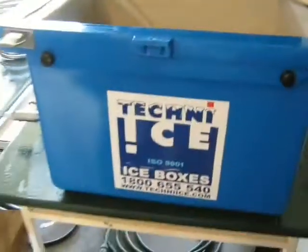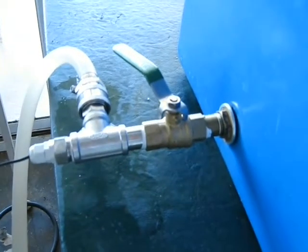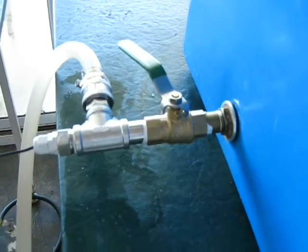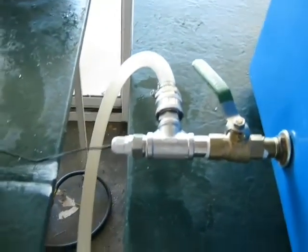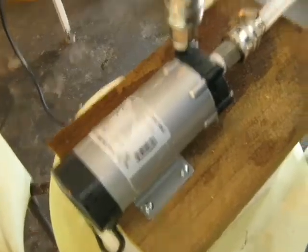Covers over a couple of tables. So we'll start off with the mash tun, which, as you can see, is a Techni Ice. It's a 40 litre cooler, and inside that I've got a Beer Belly false bottom, which connects through the tap on the outside, and it runs down to the Keg King magnetic drive pump,